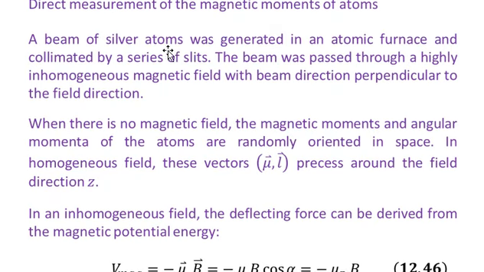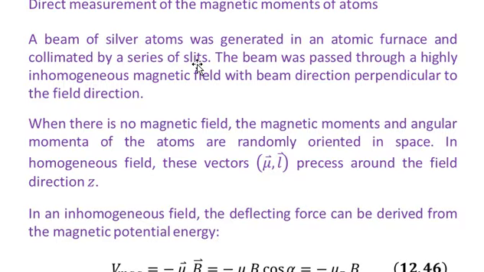So a beam of silver atoms was generated in an atomic furnace and collimated by a series of slits. The beam was slightly diverging, so a number of slits and focusing elements were used. Electromagnetic fields were applied to the beam so that it could be focused or narrowed down. Then a number of slits were used to narrow down the atomic beam so that it could be passed